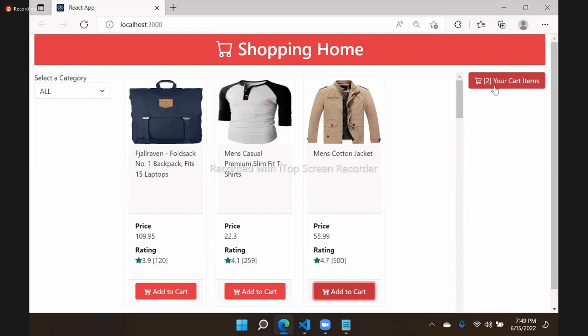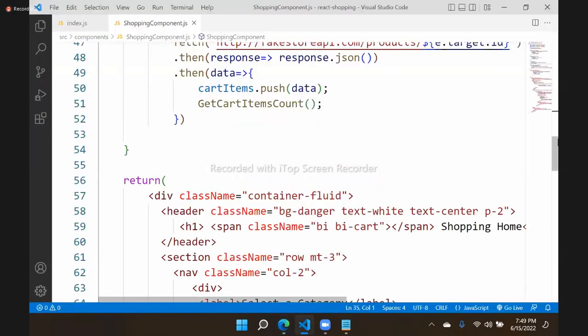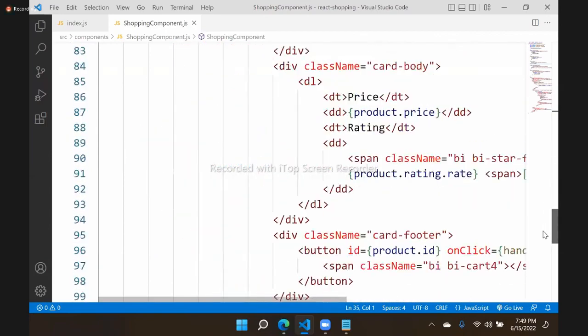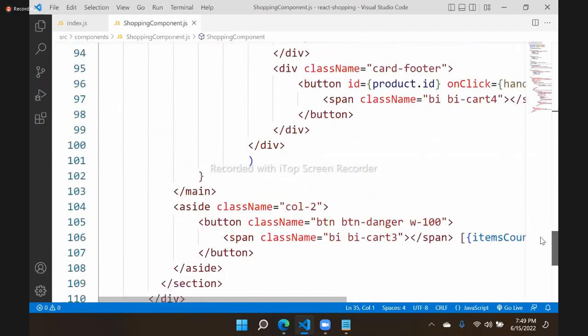Now we can display those items. If we want, we can display those items temporarily here itself. Later, we will show pop-ups and all. That is nothing complicated. To display those items, you can write depending on your requirement. You can show, hide, or you can just display while adding. That depends. Suppose I want to add the items here. What we will do here, under this button,